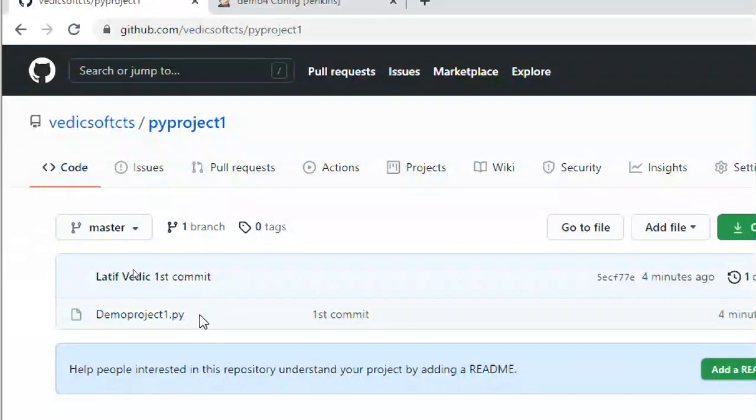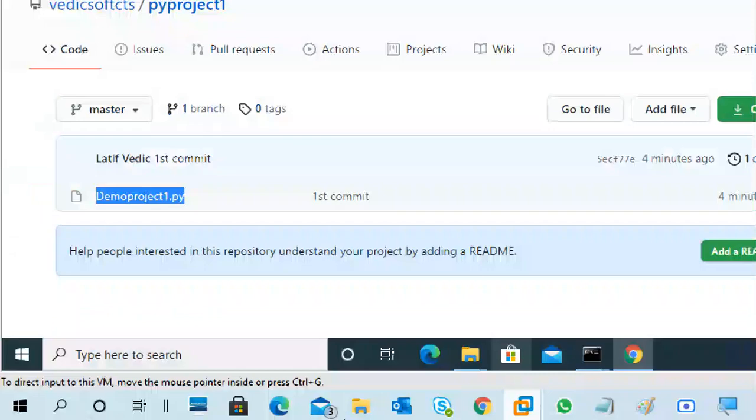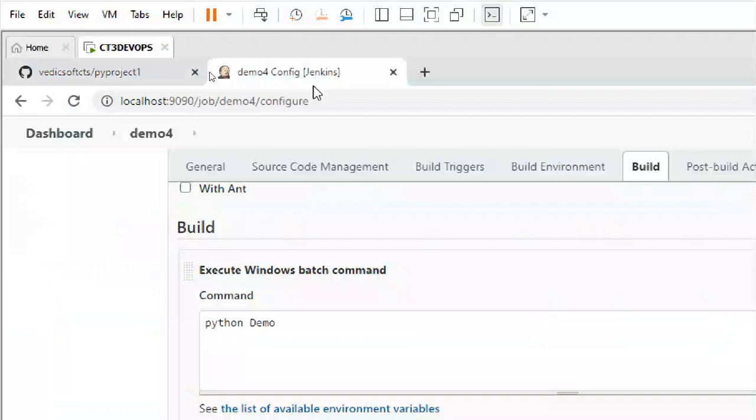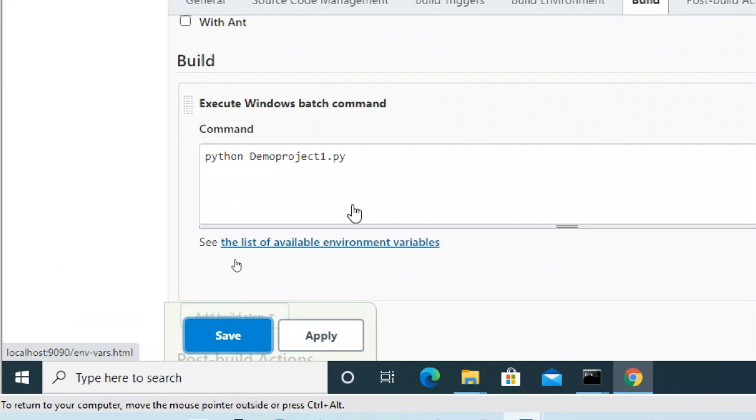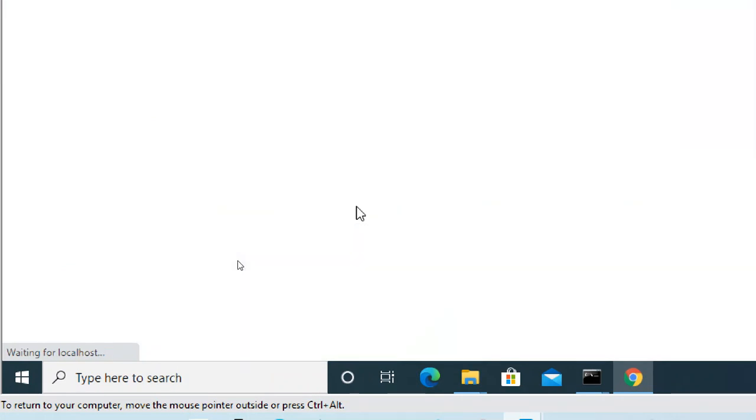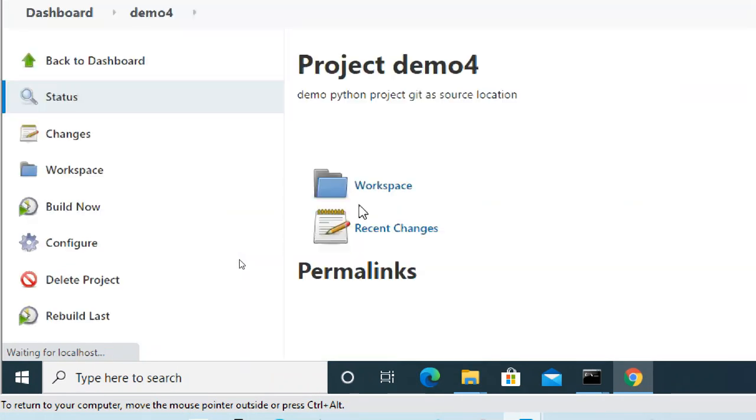Okay, what is the file name? So copy this file name. Don't confuse. Put the name. That's it. Now save it. Very simple. Source code management, Git, link, and go to build, Python and this one. So I use Windows commands for that one.